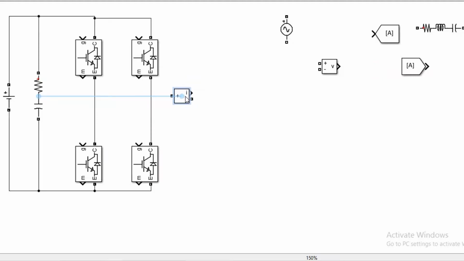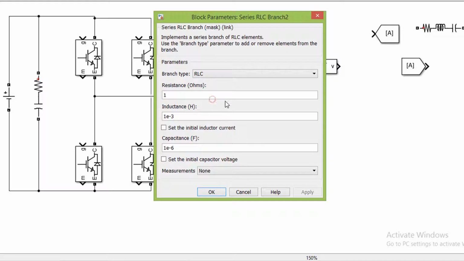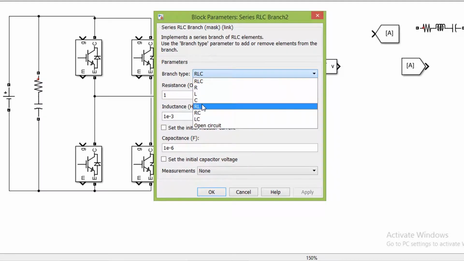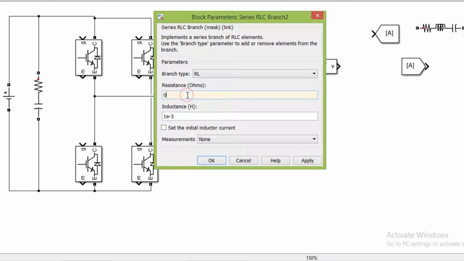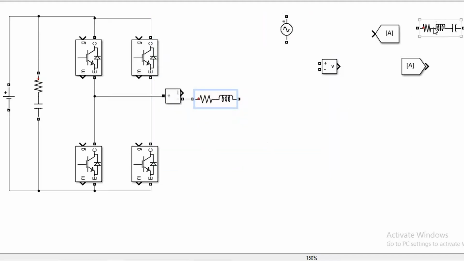This current measurement block is to measure the inverter current. Now connect inverter side filter inductor and set its value 4.06 mH. This is the filter capacitor, and set its value 6.01 microfarad.